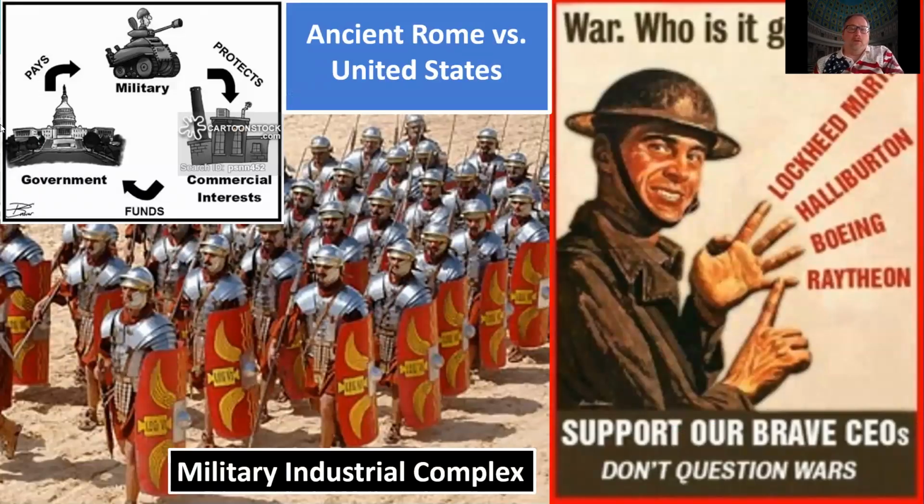Number two, ancient Rome was built upon a thing called a military-industrial complex. So is the United States of America. And what the military-industrial complex sets up is an interesting thing, because we often think the army is there to protect us. It's actually not in most cases, unless there's an attack directly on American soil. The way that it works is the government pays for the military. The military then is charged with protecting Americans and protecting our commercial interests.